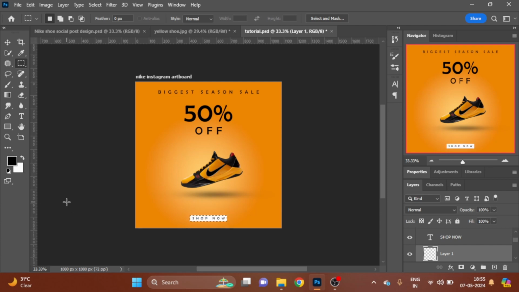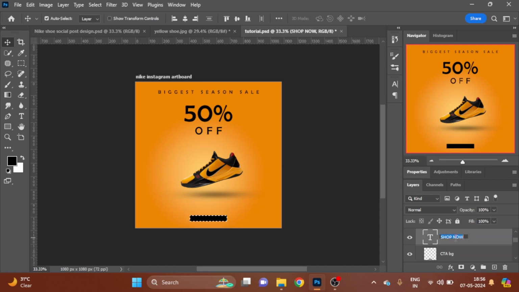press Control Delete. Okay, for now the text has disappeared. Actually the text is right over there, but even the text color is black, so I'm going to change this to